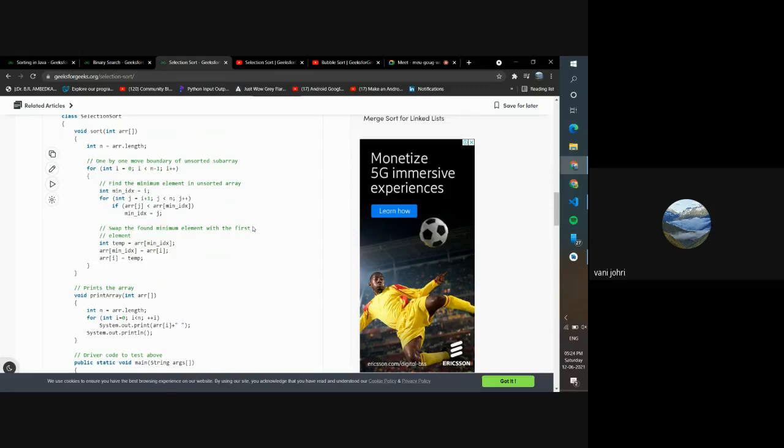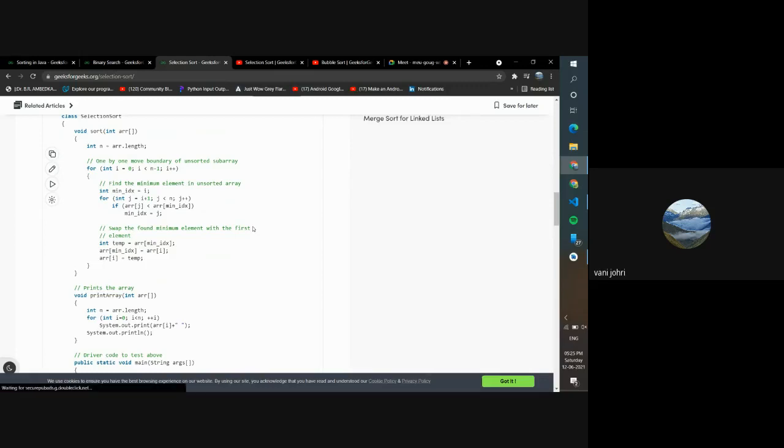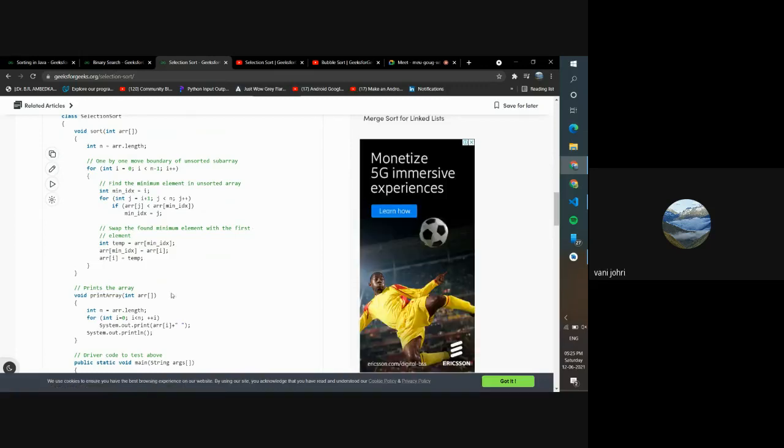You find the smallest value, and once you find the smallest value, you exchange that with the first element of the array. Whatever's at the starting of the array, you put this smallest number over there and put whatever was at the starting of the array in place of that smallest element, right? So first you took this integer and you place the first index wherever we're starting from. We place the value of i in it. This is the index of the first element.